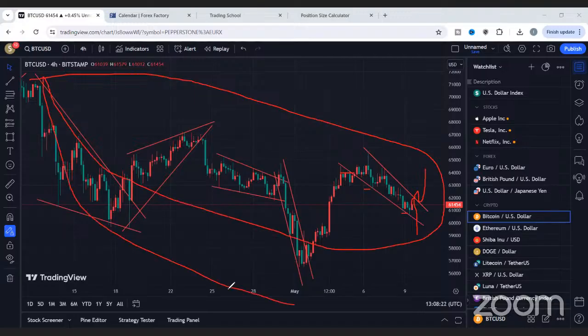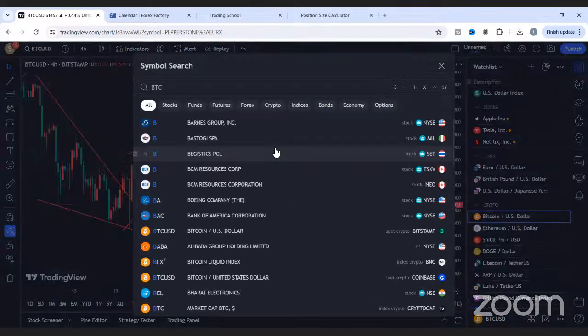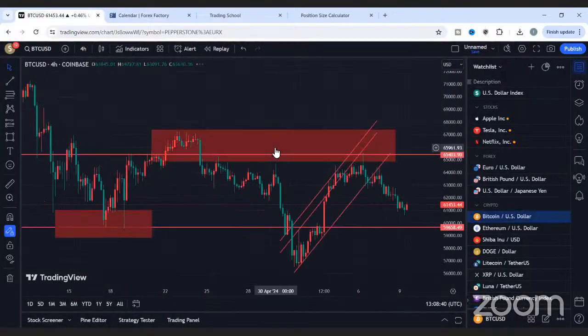Looking at this BTC USD from this angle overall, it looks pretty dirty. It's not a clean up move or a clean down move. You can see that with the drawings that we have done, it even looks a bit messier, right? So let me just clean them up. But if we move over to, let's do this. Let's move over to another time frame entirely, right? Let me clean it up.